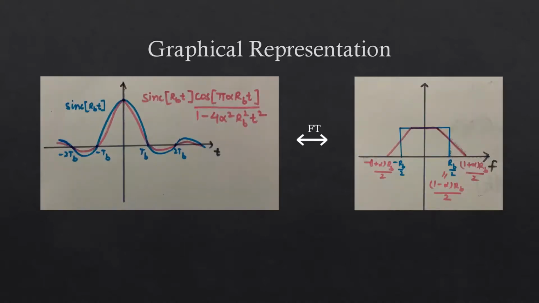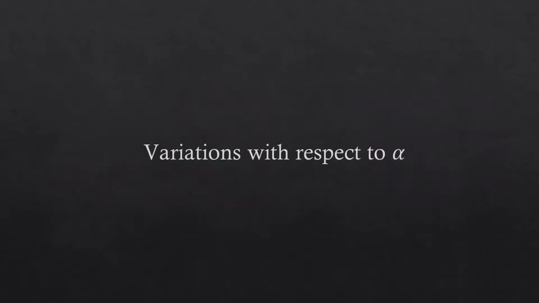These figures show a sinc wave without the raised cosine in blue and the one with raised cosine in pink. Their respective Fourier transforms are also represented in the same colors corresponding to the sinc functions. Here the bandwidth of the Fourier transform of raised cosine is more than that of the sinc pulse. The next few slides show the variation in narrowness of the main lobe and decrease in amplitude of side lobes with respect to changing values of alpha.